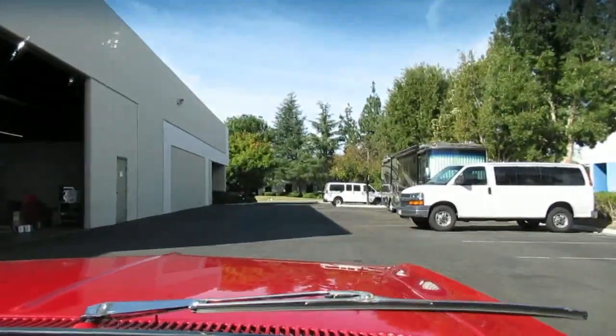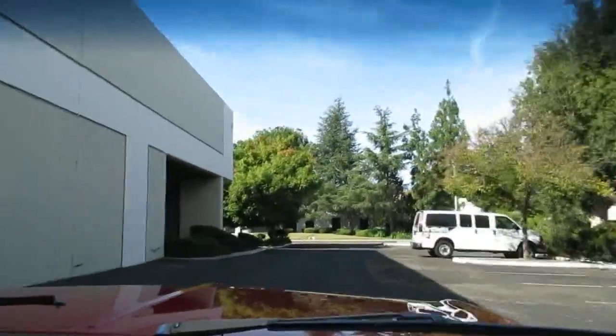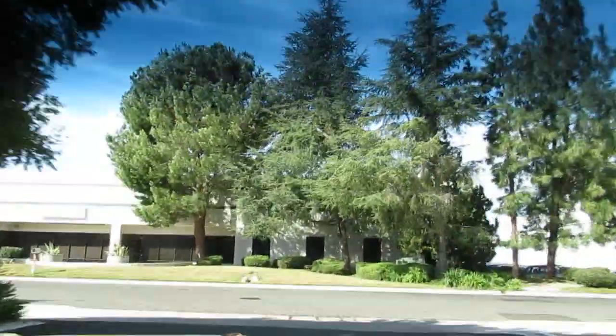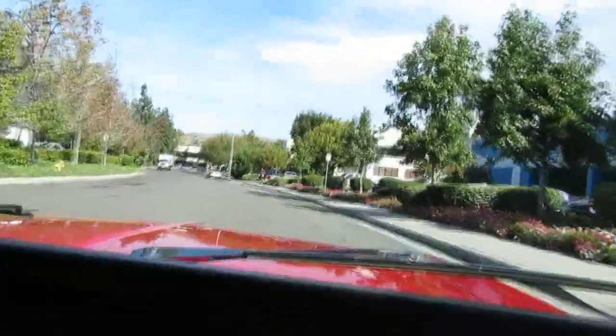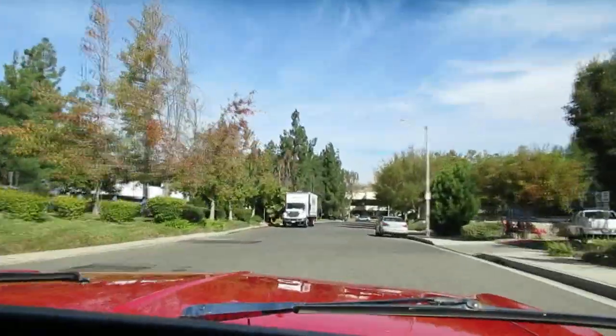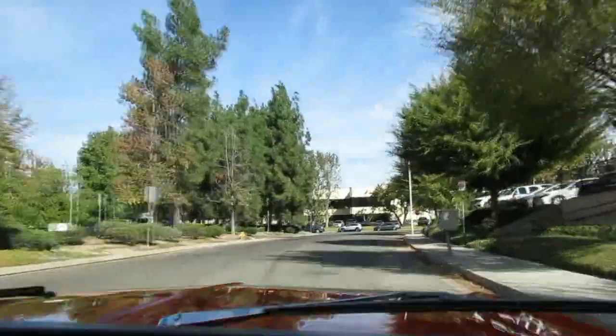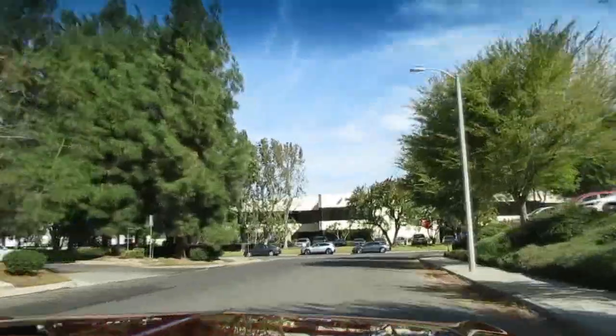All right, let's take a ride in a pretty radical looking '67 Chevy Malibu. Woo! Oh yeah. Now this thing was a 10-second car. It's still pretty quick. It's got a nice little small block in it. It's got all the right equipment, 4-bolt main, aluminum heads. It's got JE pistons, and it's got aluminum ported AFR heads, Isky cam,